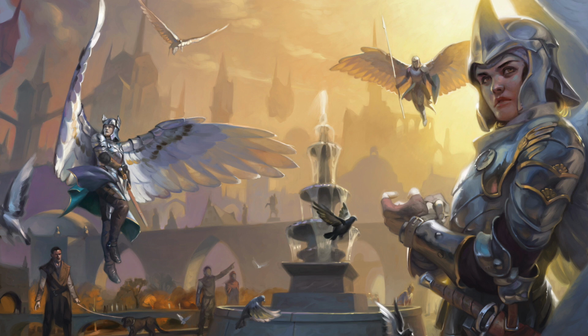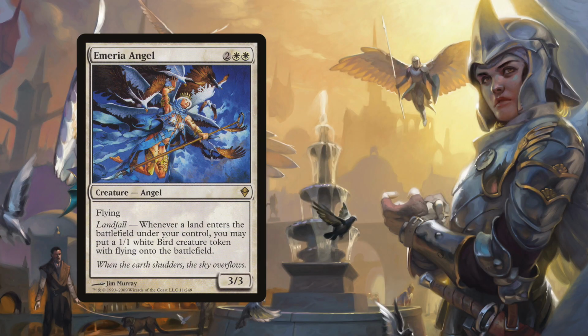Tokens are the core part of our strategy and will help us to cast our commander early and take our opponent down on their own. White has a ton of ways to make flying tokens, it turns out. One of the best options we have is